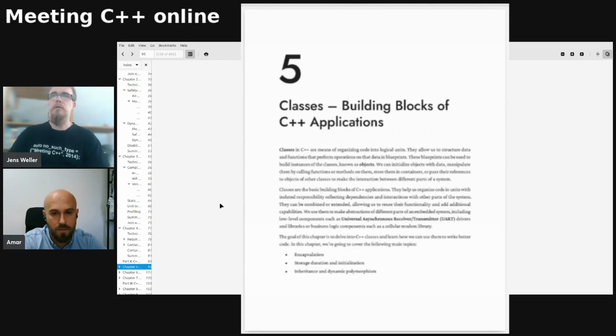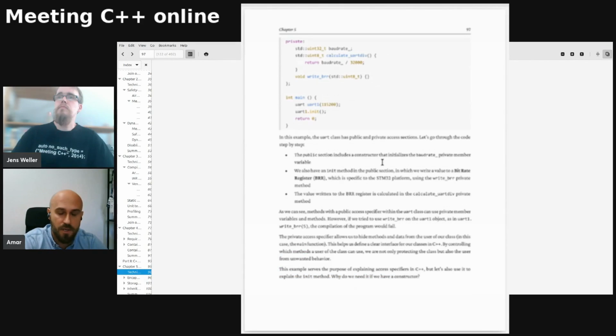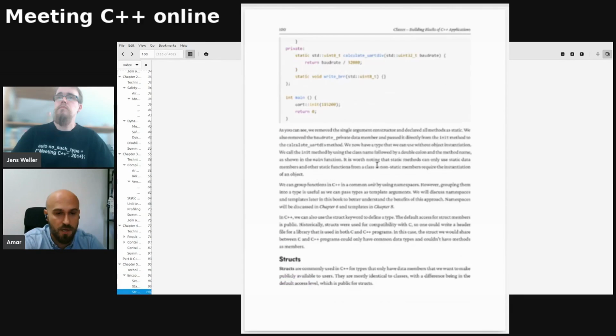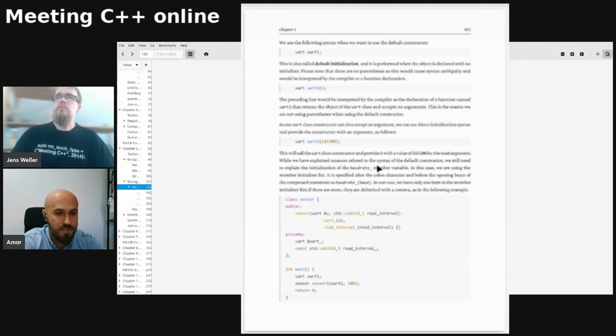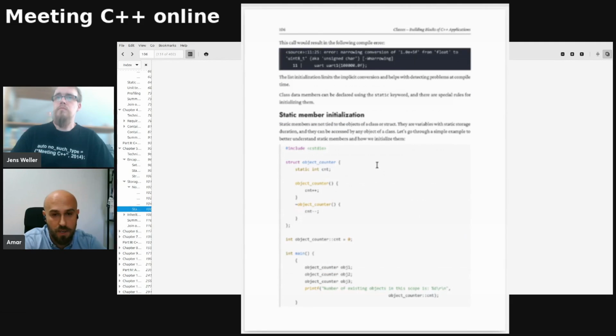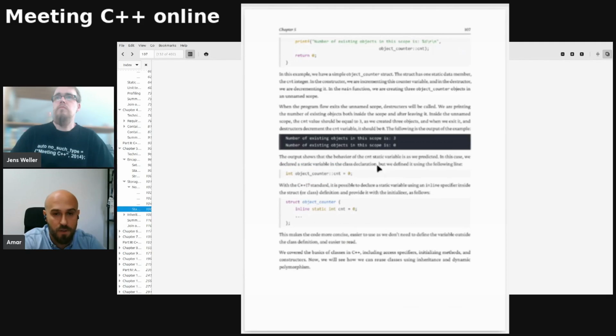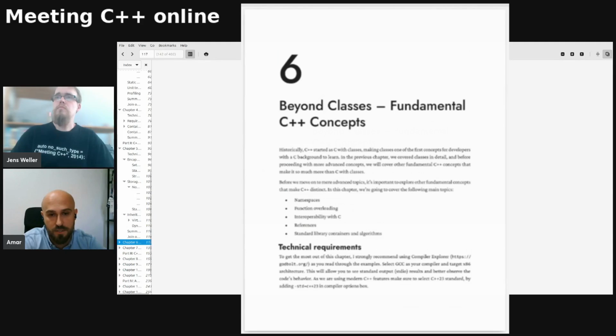And now again, chapter 5, we go back to C++ and discuss the building blocks of C++ applications with classes. Yeah. So chapter 5 and chapter 6, I believe, can be used as a starting point for someone who's coming from C and doesn't really have a lot of knowledge and experience about C++, or even for people who do have some knowledge about C++, some of these parts may be useful. So in this one we discuss mainly classes, initialization, and